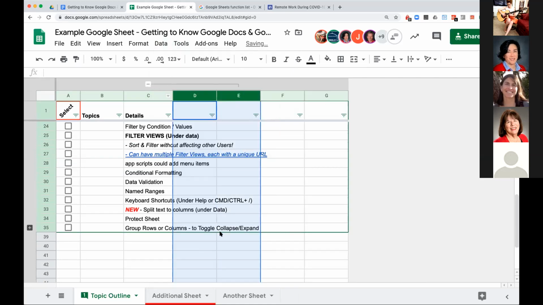And that's kind of nice because it's a lot easier than hiding and unhiding. It's a lot faster, especially if it's the same set of rows and columns. And it allows you to just focus on the stuff you really want, and all that data that you don't need to look at all the time. You can kind of get that out of the way temporarily.